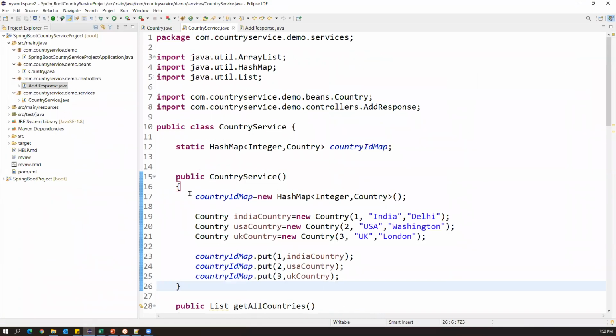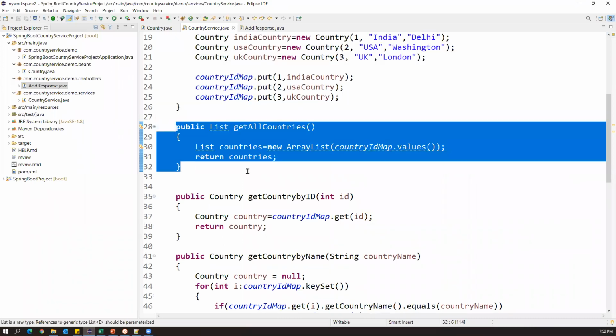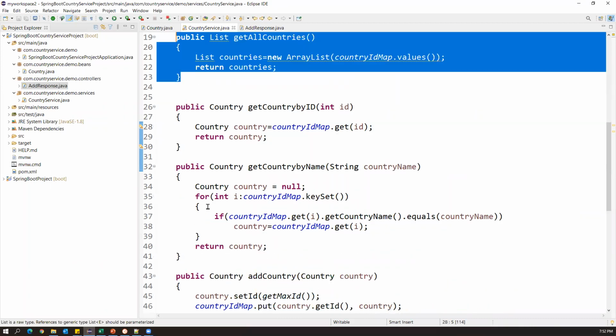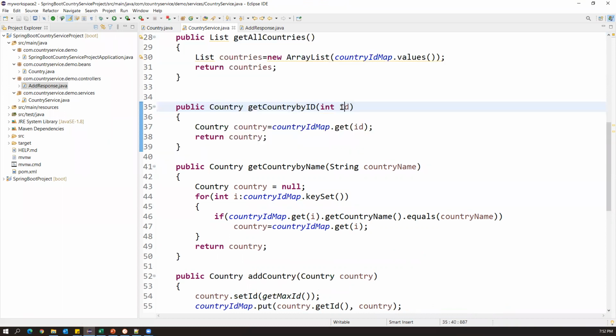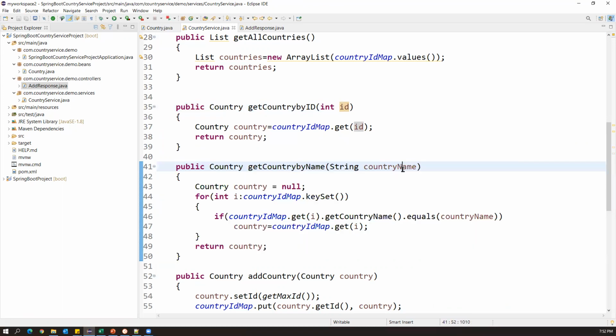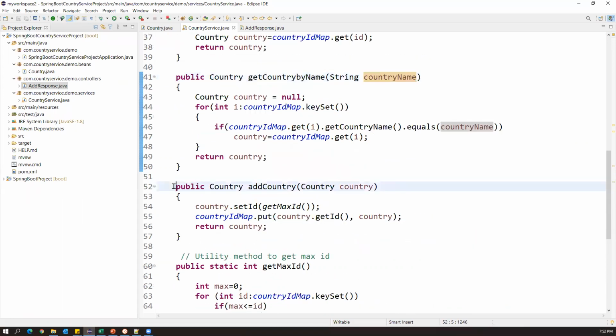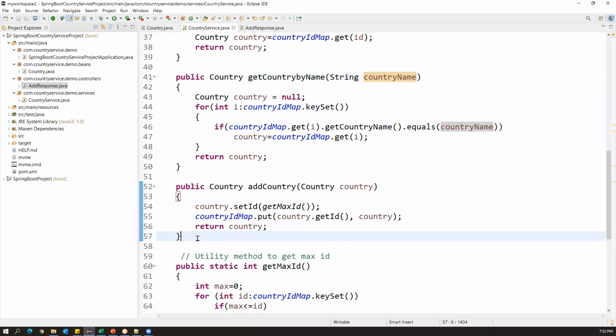So in the country service, we created one constructor and getAllCountries. This method will return all the countries, this method will return the country information based on the ID we pass, and this method will return the country information based on the name we pass. This method will add the country to the hash map and also return the details.